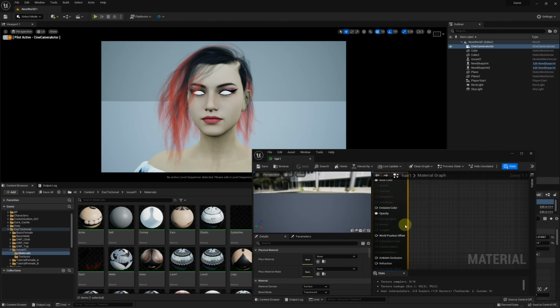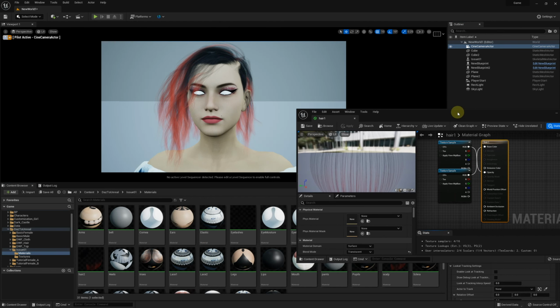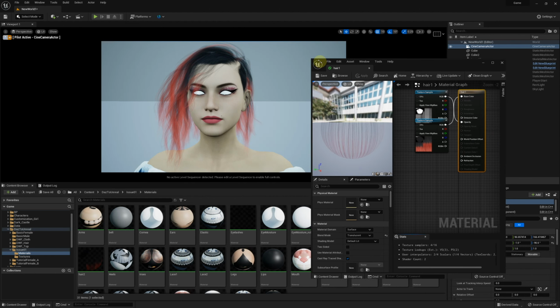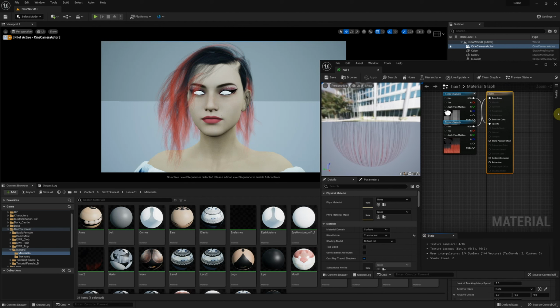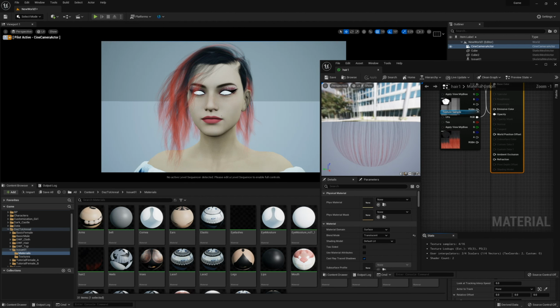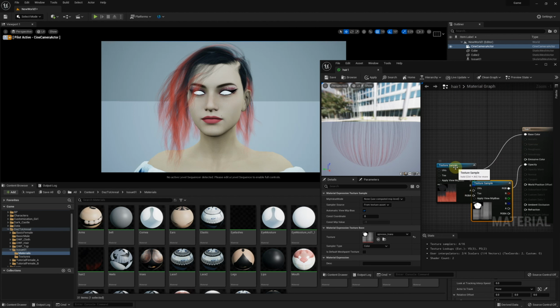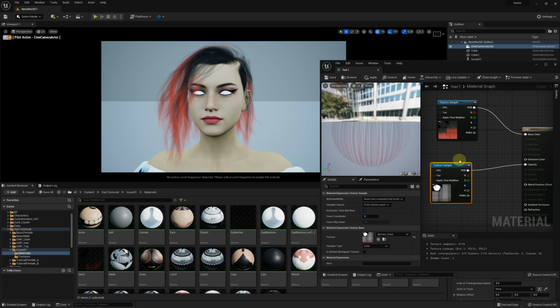Open the hair material. In general, the hair problem is due to the opacity. The map is too dark and makes the hair much more transparent.